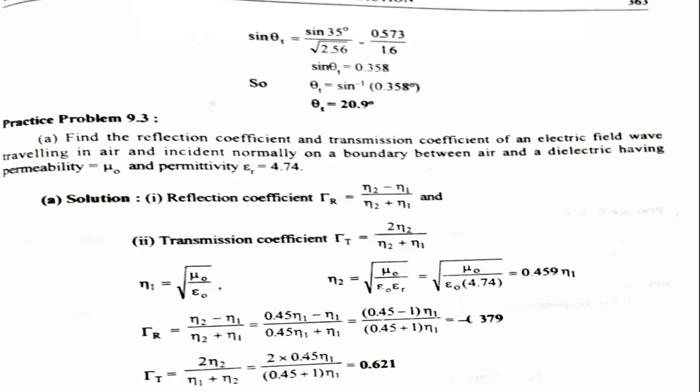If you substitute the values of mu 0 and epsilon 0, which is 4.74, here it will be 0.459 eta 1, because the unknown parameter is eta 1. Whatever you are getting, that is 0.49, that you can substitute. So in this way you can substitute eta 1, because we have not calculated it, even though we know the constant value. So eta 2 is nothing but 0.459 eta 1 minus eta 1, again plus eta 1. So 0.49 minus